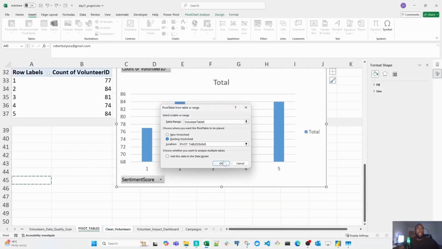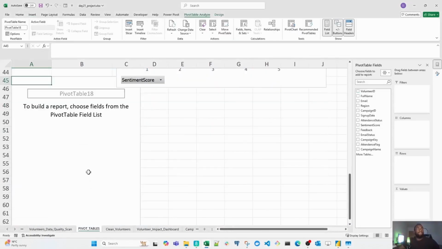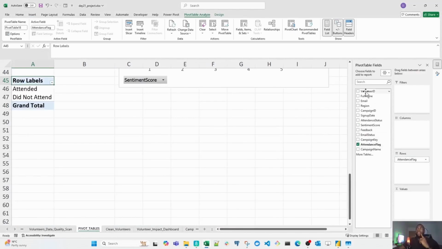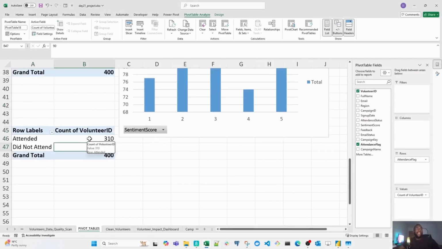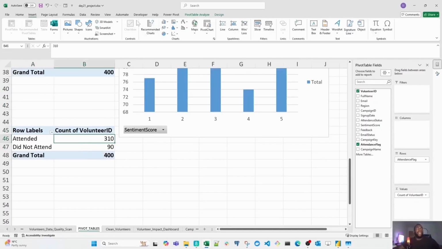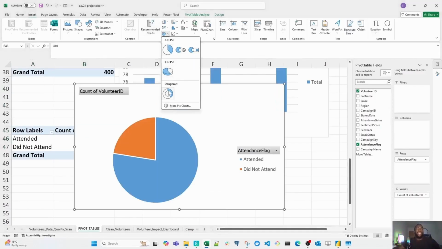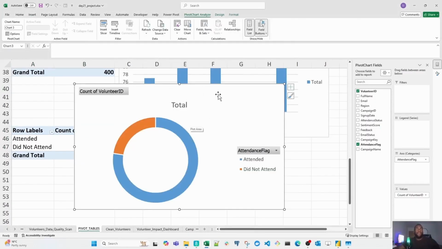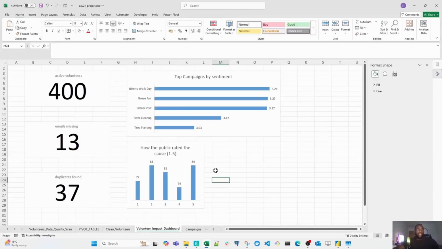So let's just put this here for now. So for this, we've created an attendance flag. So let's drag that to rows. And then we're going to drag volunteer ID into values. And then we're going to go into insert tab, and then we're going to create a donut chart. Now I'm going to copy this, then go into our